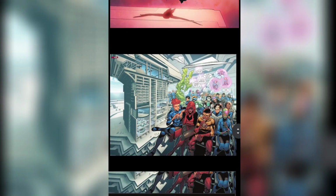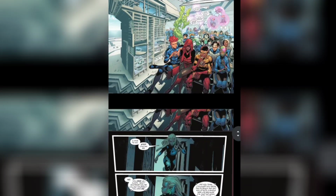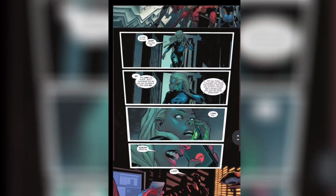Again, the art continues to impress me here. I love the way Titans Tower looks, as you get to see kind of the inner workings of it. Here on this picture on the left, you get to see the dorms, the gym, and all these other facilities that they have, which is kind of cool. And then you go up to the point where